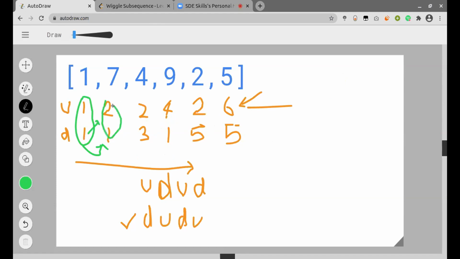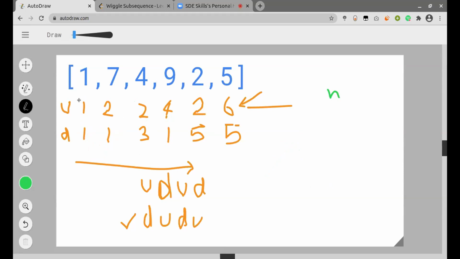Then we just copy this value in my next iteration, and I'll see whatever is the sequence. If it is increasing, I will take my down value and update my up value to down plus one. And if it is decreasing, I'll update my down value to up plus one. Right. So this further reduces our complexity to be n only, since we are just iterating through each of the indices once, and we are keeping track of the previous value of the up and the down sequence.